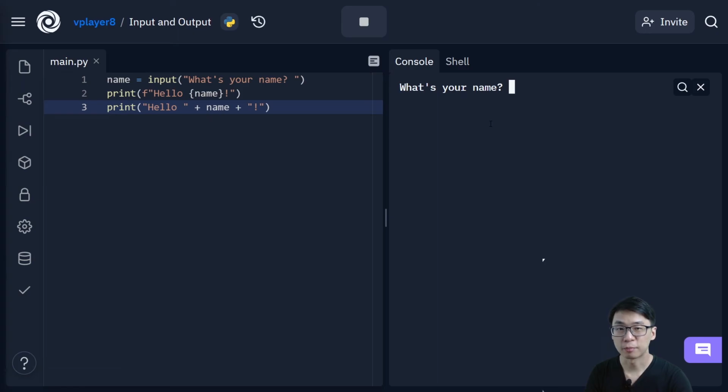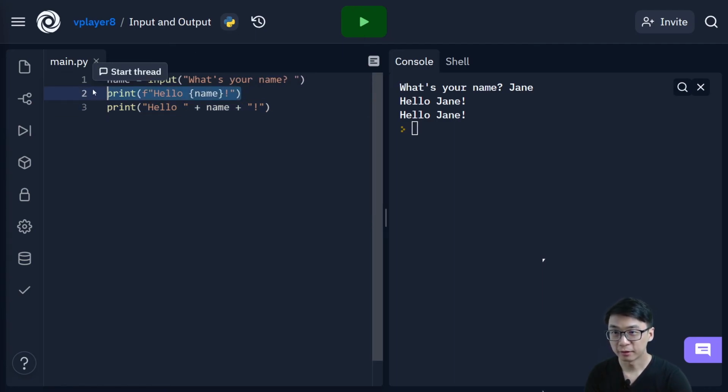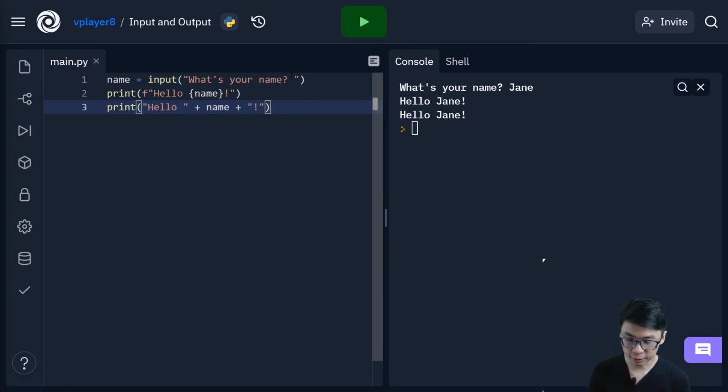So when I say print, I can say maybe Jane. So it says hello Jane, and hello Jane here, they are both the same. So basically, this is to get the input from the user. When you get the input from the user, you can do certain things, and then after that, you output the result to your user. In the future, when you learn more logic, like for example arithmetic or if and else, with this input and output, you can get the input from the user first, then you do something, and then you output the result. So to recap, today we talked about input and output,